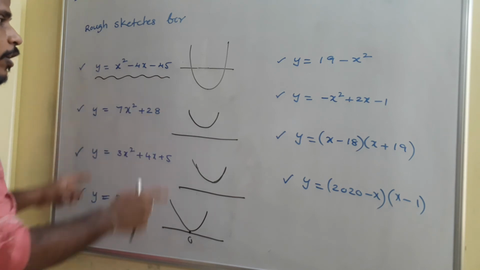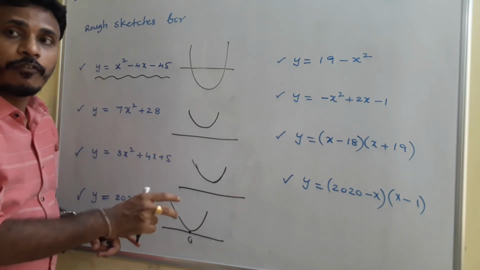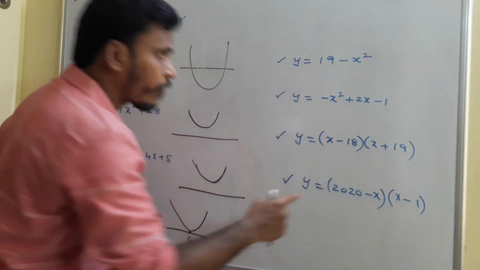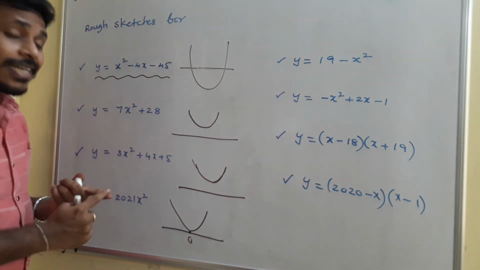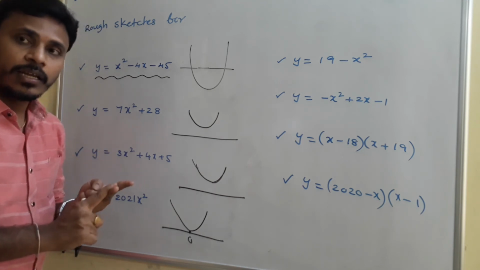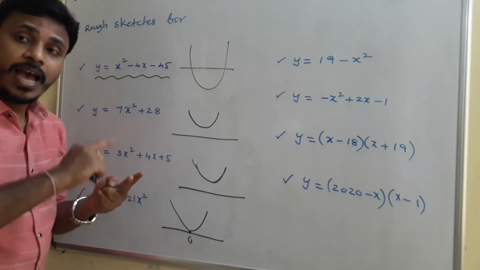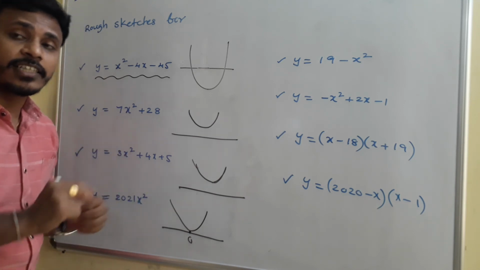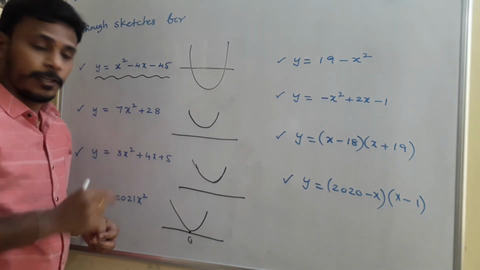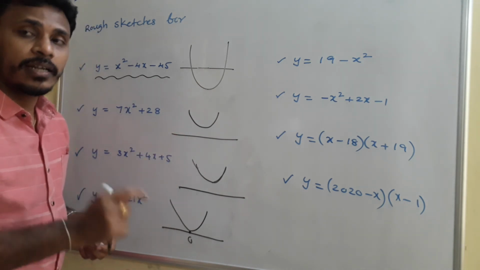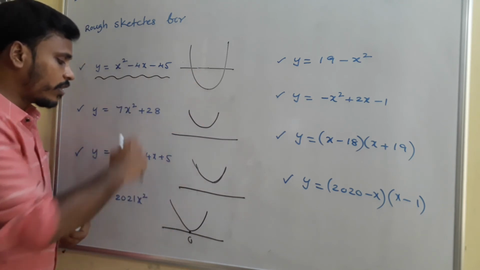Okay, you just have a look. I am sketching the rough graphs for the given expressions. Similarly, now I am going to sketch the rough graphs for all these things. In sketching the rough graph, first thing, upward or downward. Second thing, how it relates to the x-axis: either intersecting, or touching, or neither intersecting nor touching. This is intersecting, this is touching. These two are neither intersecting nor touching, and these are the rough sketches for these expressions.